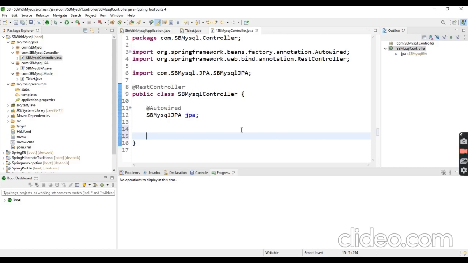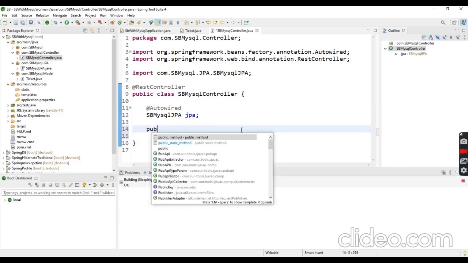Let's write two endpoints. One is a POST method, another is a GET method. We are going to save some tickets into the database by using the POST method, and get the tickets by using the GET method.